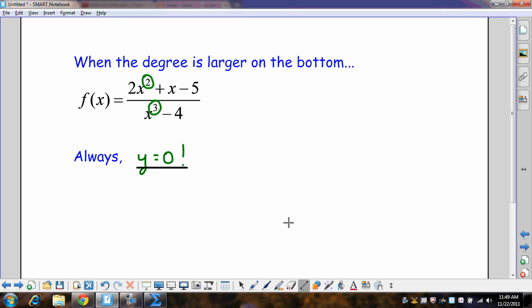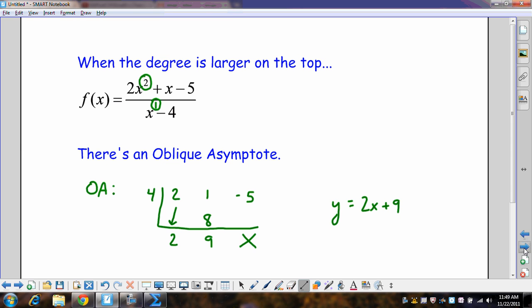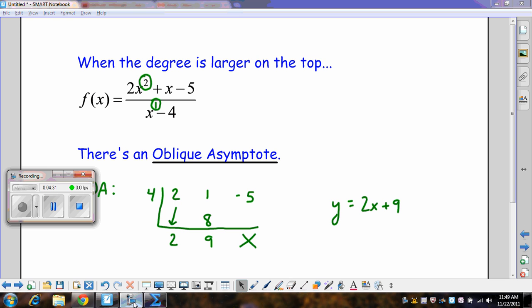So let's recap those three again. When the degrees are the same, we take the ratio of the leading coefficients. That's it. When the degree is higher on the bottom, we always have y equals 0 for the horizontal asymptote. And when the degree is larger on the top, we're always going to have an oblique asymptote, and